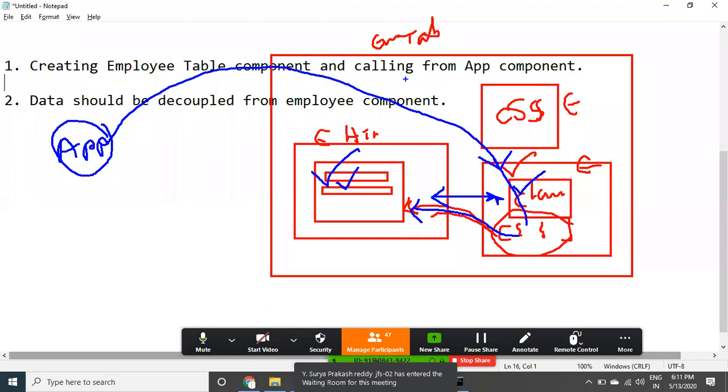The same way, if you want to display first class students, second class students, and third class students, you can create a student table component, and the data should be separated. I mean, data should not be tightly coupled. So loosely coupled components need to be created.